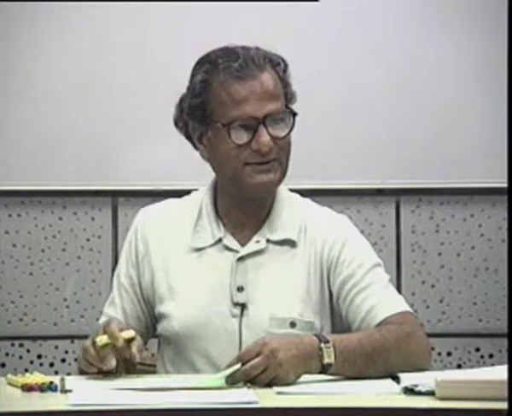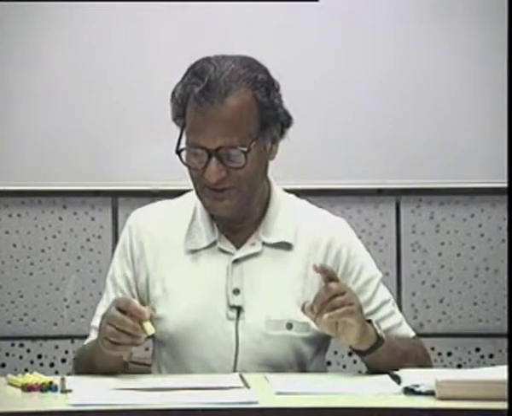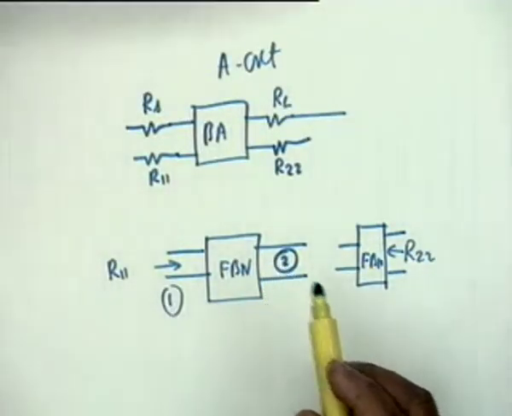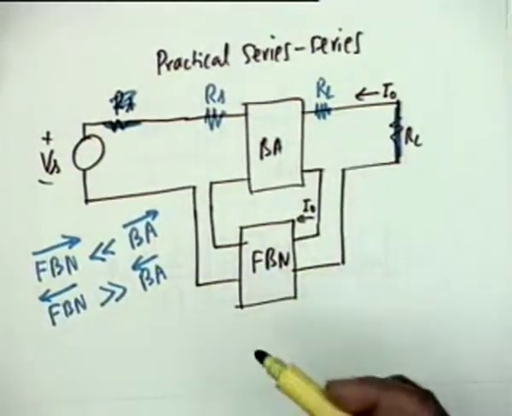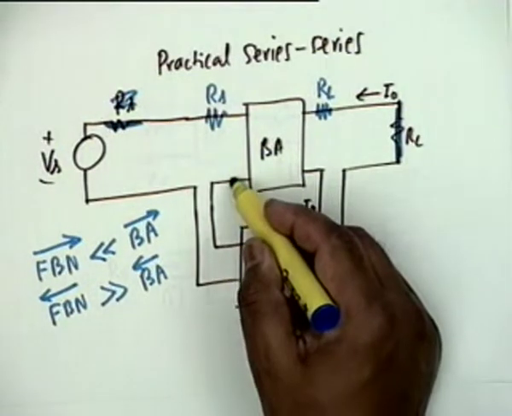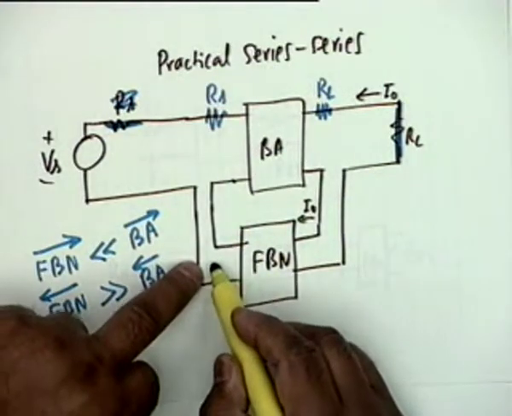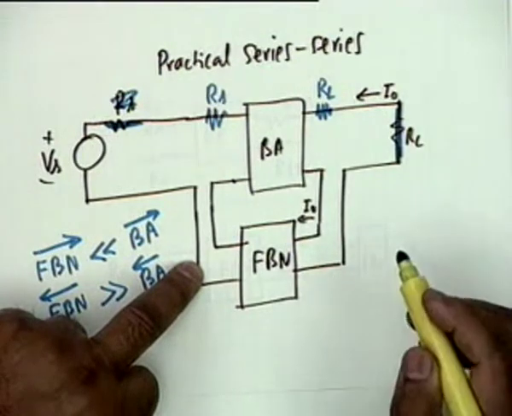Is this point clear? No, sir. No. Okay. What I wanted to do is to include the impedances of the feedback network in the basic amplifier. Now how do I do that? If there comes a series impedance here, I will put it here. How does the series impedance come? Obviously this is the impedance measured here with this port opened. Why?